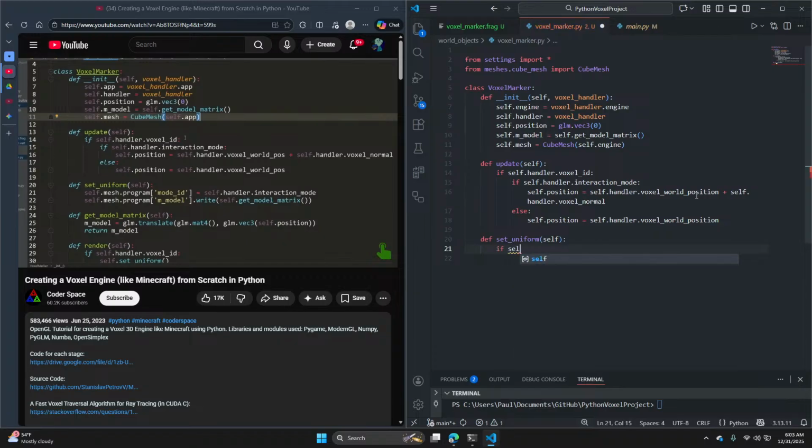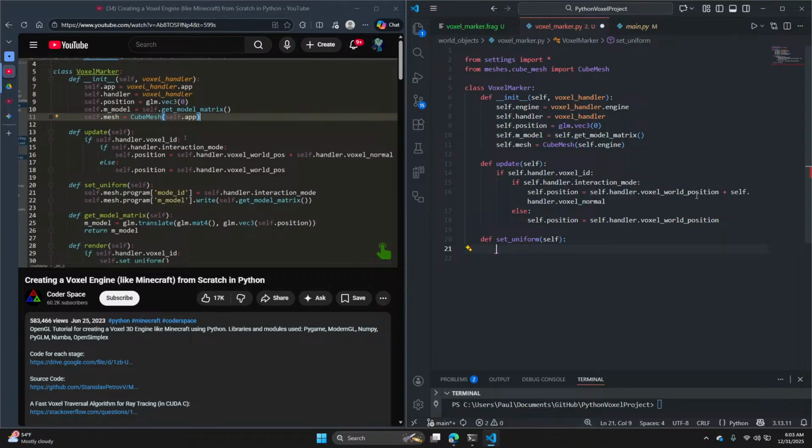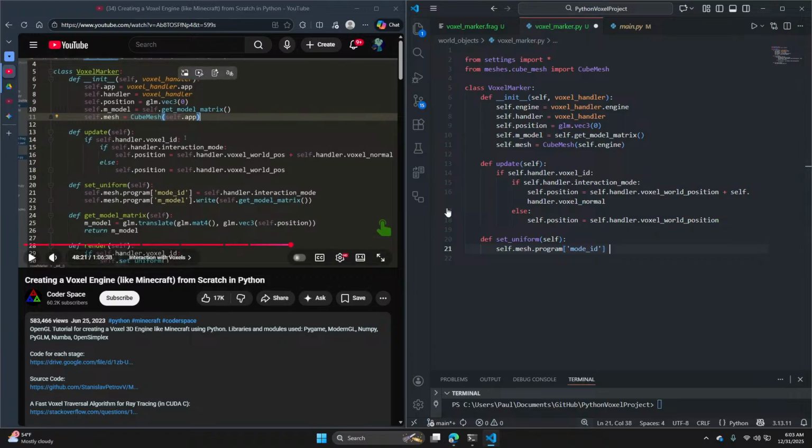Whoops, I'm typing the same thing. Okay, so we're piping the mode ID uniform.